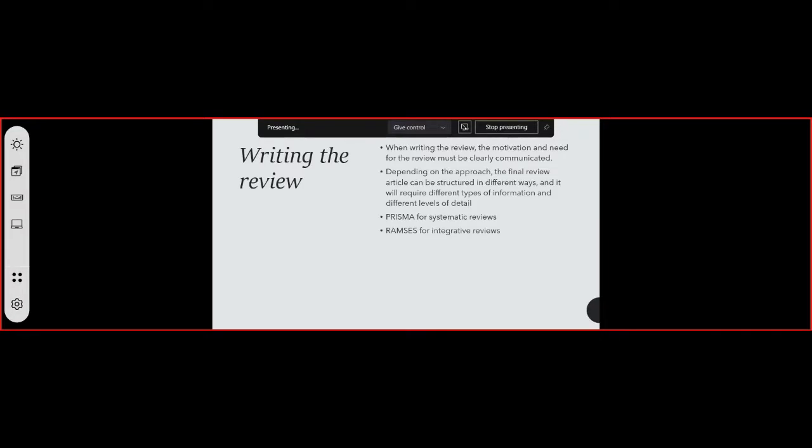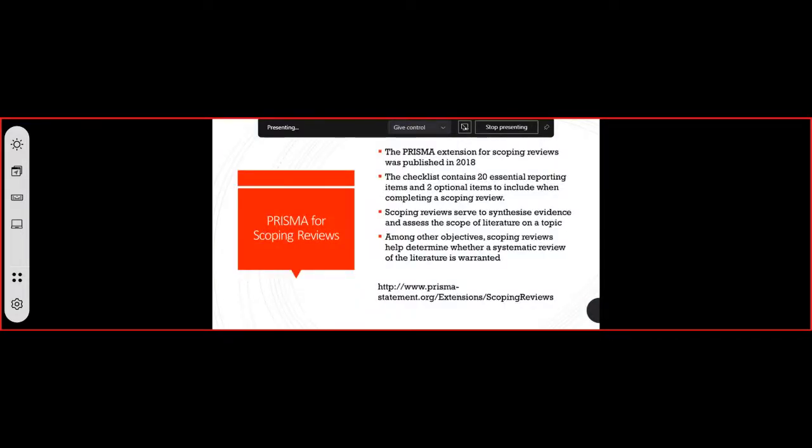What I want to steer you towards is, if you are doing a systematic review, please look at PRISMA. I'm going to talk a bit more about PRISMA in a moment, and then if you are doing an integrative review, look at the RAMESES guides for communicating your literature review in these two specific types of reviews. Now, the PRISMA is a